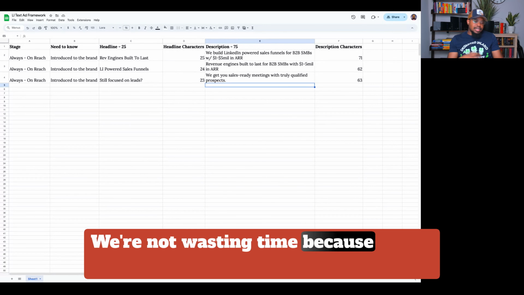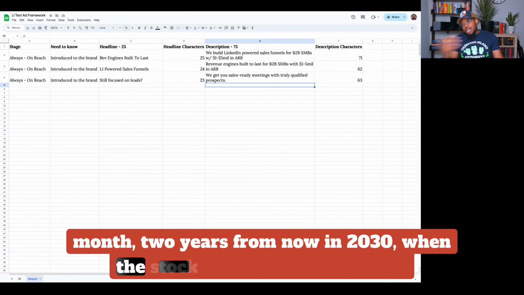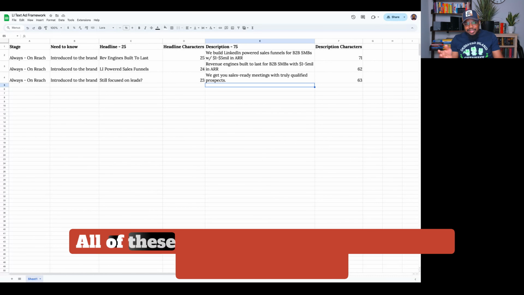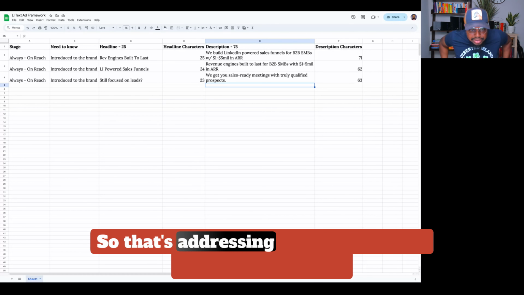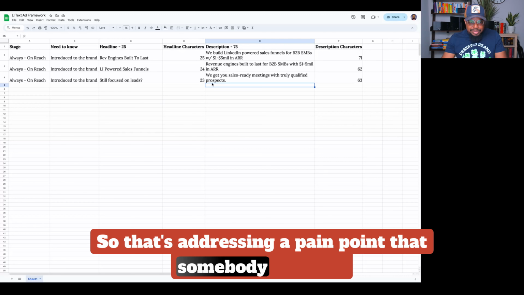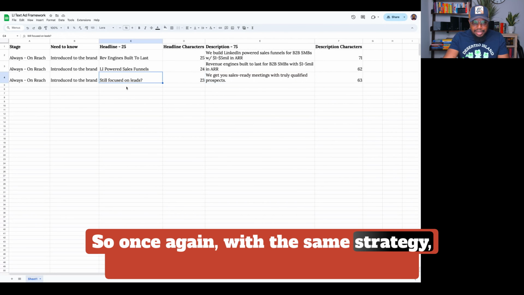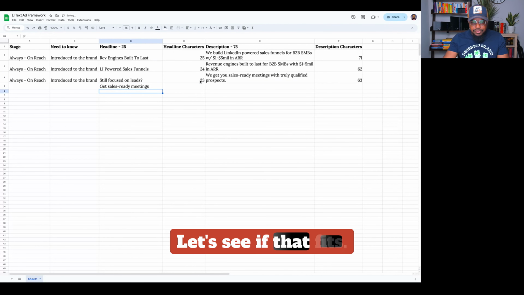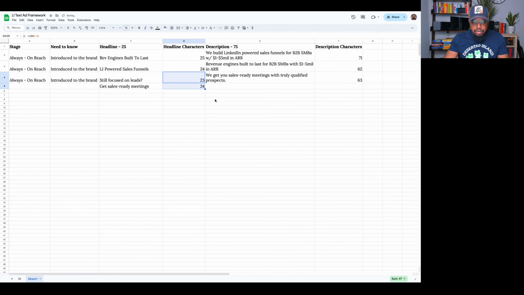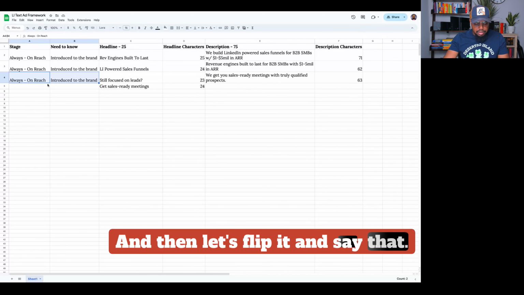We're not wasting time because you're trying to get a solution next year, next month, 2 years from now in 2030 when the stock market comes back up, all of these different random things, when pigs fly, whatever. So we want to get somebody that's ready to buy today. So that's addressing a pain point that somebody is doing. So once again, with the same strategy, we're going to say get sales ready meetings. Let's see if that fits. I'm not sure if it does. It looks a little longer. Oh, it does. Get sales ready meetings, and then let's flip it and say that